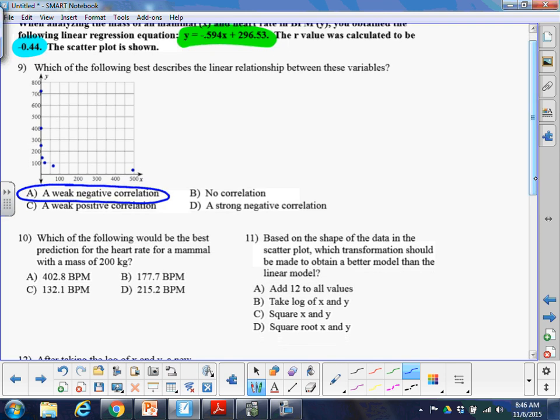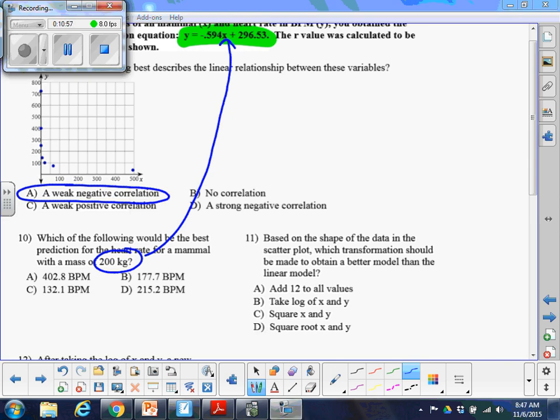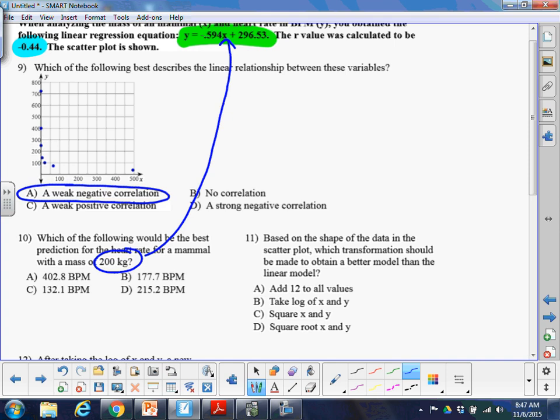All right, so what is the best prediction for the heart rate of a mammal with a mass of 200 grams? We have this linear equation. At this point, that's the only equation we have, so that's what we're going to use. Maybe we should be clear about using the linear equation, because we'll see in a minute that the linear is not the best, but at this point, that's what I wanted you to use. So we take the 200, that's an x value, and it gets plugged in for x into the equation. You can just calculate the value using your calculator, and we can get the closest answer. In this case, it turns out to be around 177.7